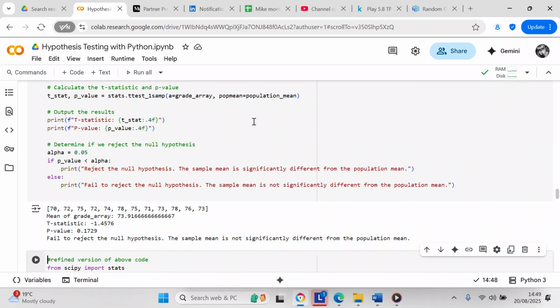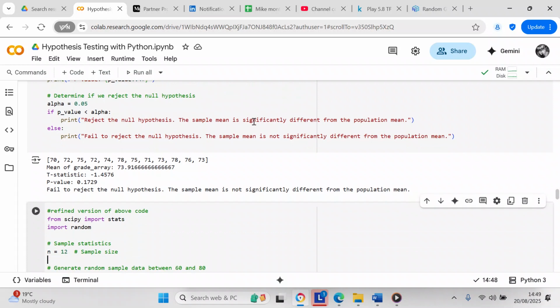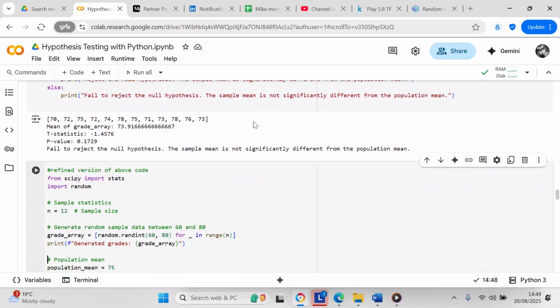I'm going to do, it says I've got a refined version of the code above. I don't know why I refined it. So this code is like to do a Pythonized